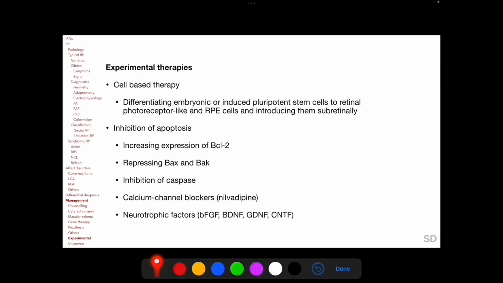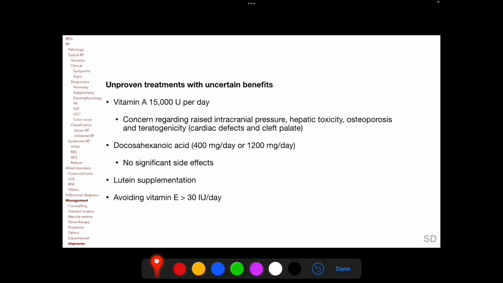Therapies undergoing trial include cell-based therapy, in which stem cells are differentiated to retinal photoreceptor-like cells and then are introduced subretinally, and modifying expression of molecules and using drugs to inhibit apoptosis. Unproven treatments with uncertain benefits in patients with retinitis pigmentosa or allied disorders include vitamin A, docosahexaenoic acid, lutein supplementation,